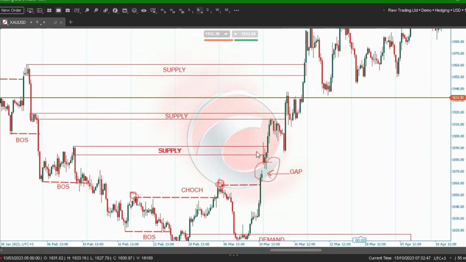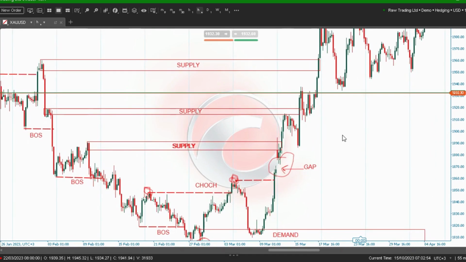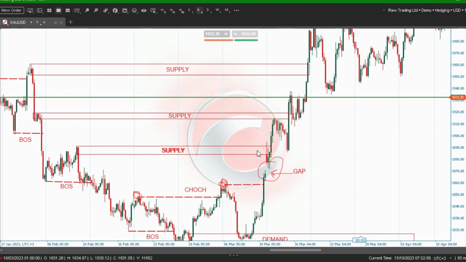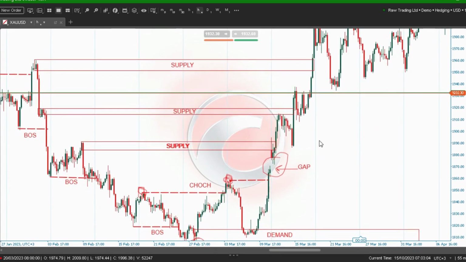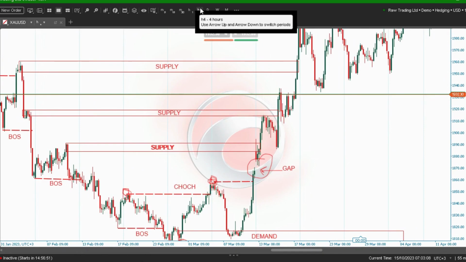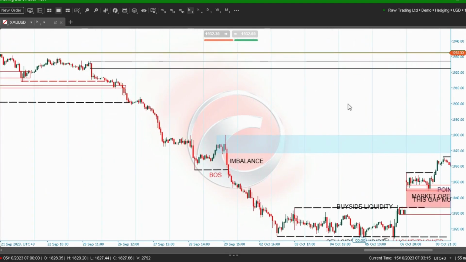And you can see here, the first touch of the supply zone, there was some rejection. And that is why we are always told, guys, don't always sell at supply zones and buy at demand zones. We always sell at supply zones when we see that there is a change of character in a lower time frame. Like this one is a 4-hour time frame. If we go to 1-hour time frame,